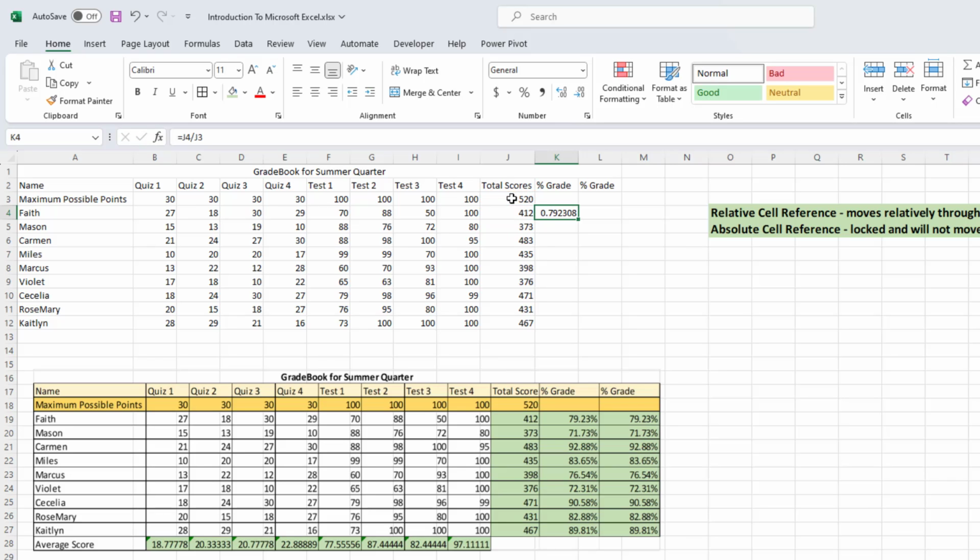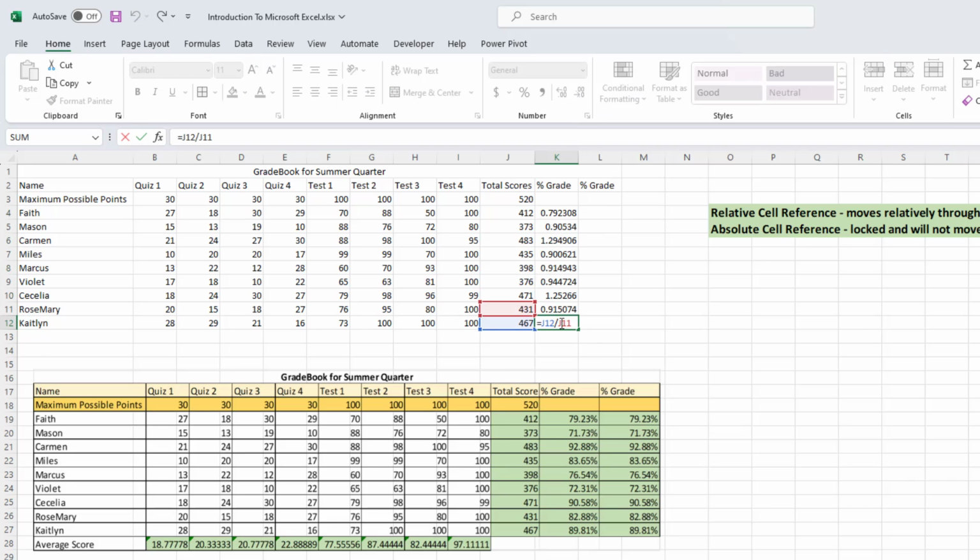So if I Control Enter and I copy this down, come to the last cell and press F2, you notice that I did not lock cell J3, which is the maximum possible points. Now, when I copy my formula down, it's moving relatively down throughout the copy action. And now you can see instead of my cell reference being J3, it's J11. So to correct that, so that all the scores for the students will be divided by the maximum possible total scores,